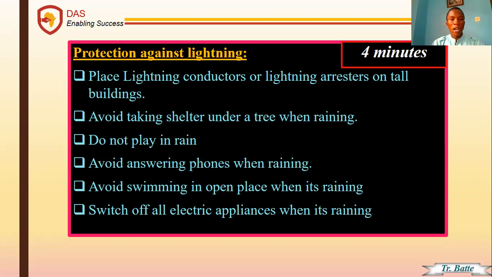Number one, you place lightning conductors, also called lightning arresters, on tall buildings. When I talk about tall buildings, of course, you know what I mean. The flat houses, the skyscrapers, all those tall buildings are protected with the lightning conductor or lightning arresters. That's just a metallic strip that is put on top of the roof in order to trap lightning or to trap those charges. So you have to put it on the rooftop so that it helps you to trap or to protect your